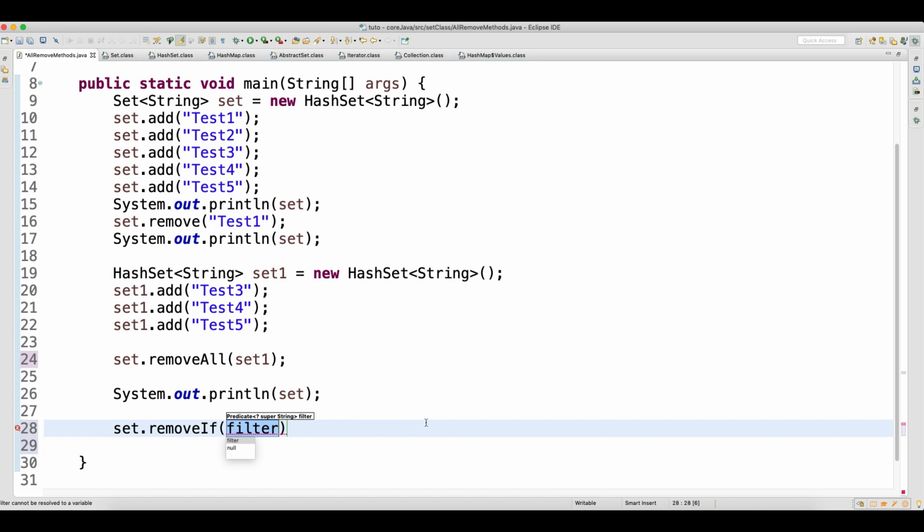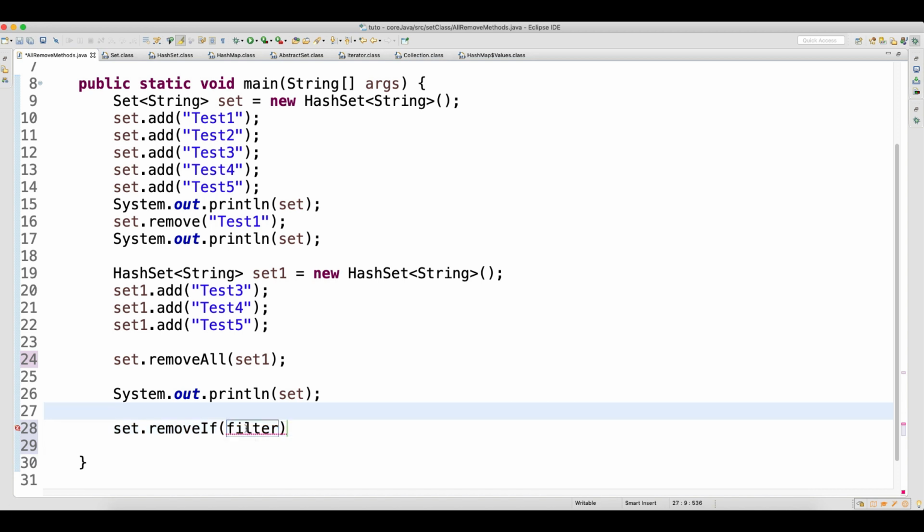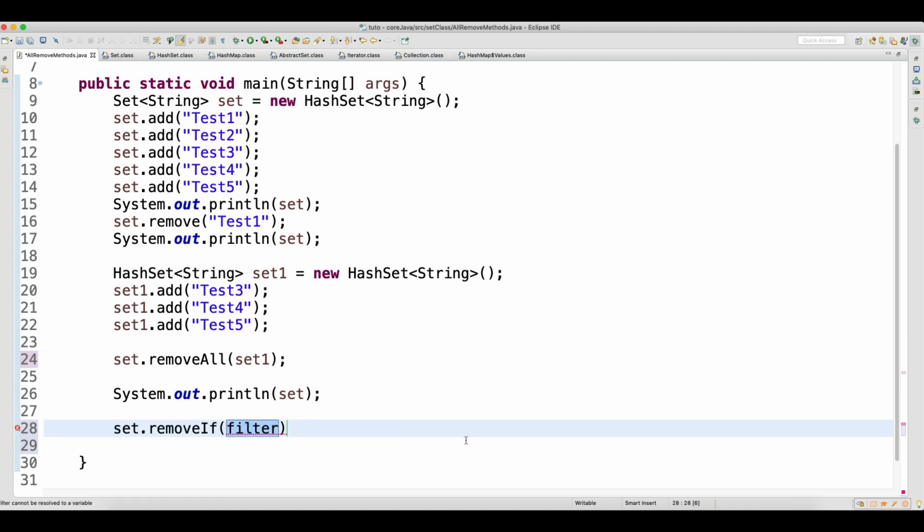Here I will give you an idea of how you can write a lambda expression. You just write set.removeIf, inside that you write one more parenthesis, then a space,